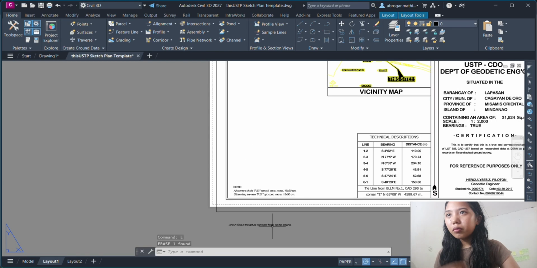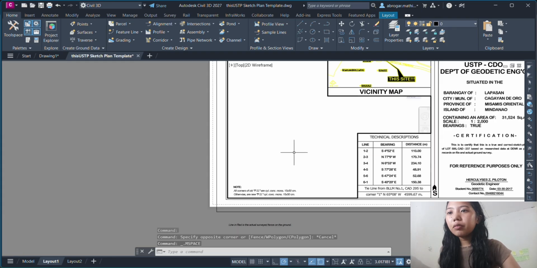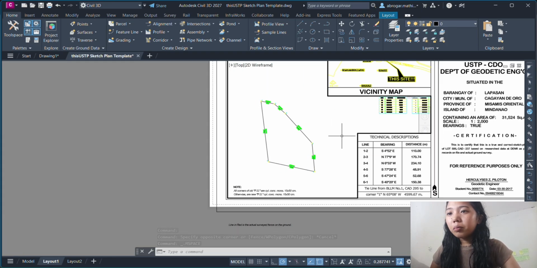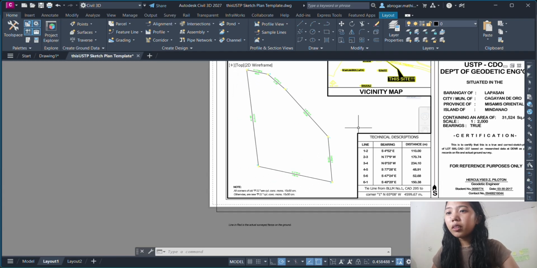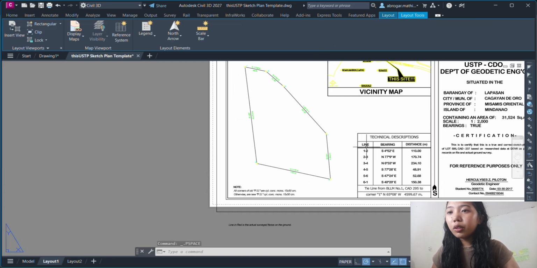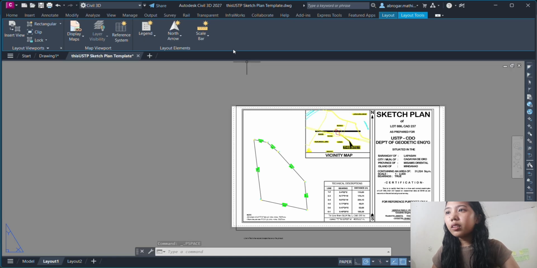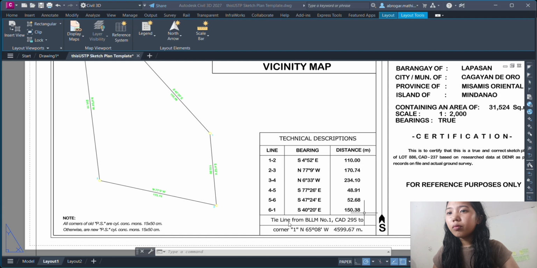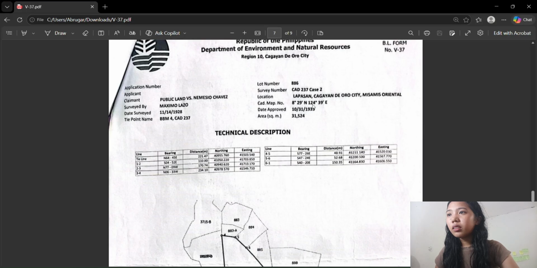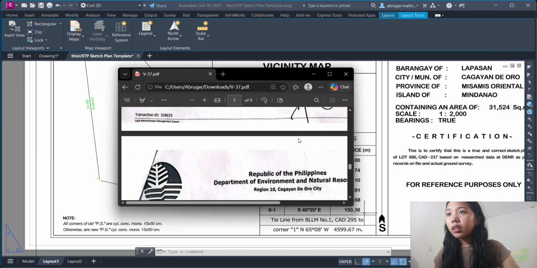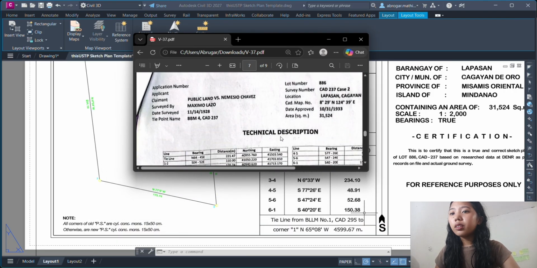Tie line from BBM. Boundary, barangay boundary, monument number 42, CAD 237. Then distance or the CAD map number and its area.